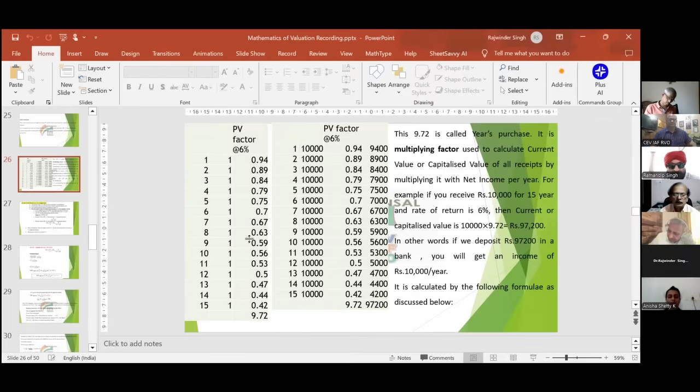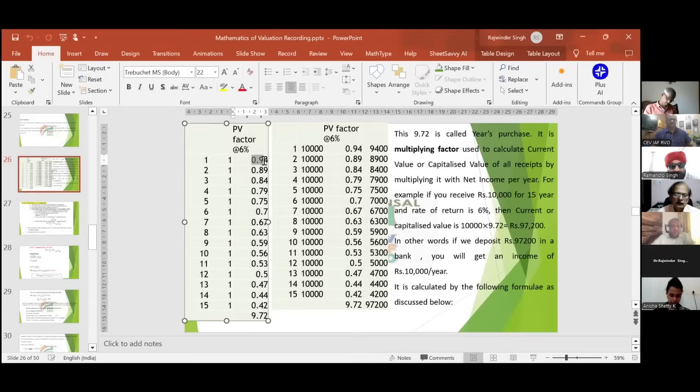ठीक है। अब वो ₹1 अगर आप बैंक में जमा करवा रहे हो, आज की डेट में हमने उसकी वैल्यू निकालनी है। ये ₹1 आपको मिलना है 1 साल के बाद। आज की डेट में 6% के हिसाब से उसकी वैल्यू 94 पैसा है। जो आपको 2 साल बाद मिलना है उसकी वैल्यू आज की डेट में 89 पैसे है। जो 3 साल के बाद मिलना है उसकी वैल्यू 84 पैसे।